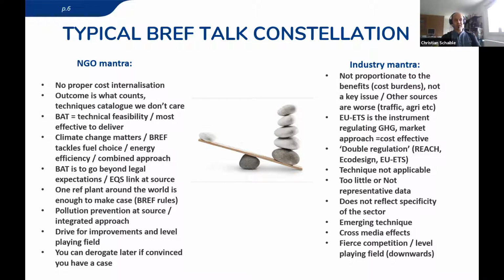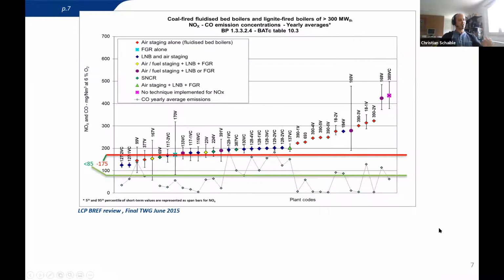Then also we hear very often that we need representative data. So it's not enough to have a few BAT candidates; we need geographical coverage. I hear this more and more from industry, representative data. And we say, well, if you look at the rules, just one plant is enough to set the BAT standard. And it can be from anywhere in the world, not just the EU. Okay, I will just skip the rest because you can read faster than I will read. So this is the kind of constellation.